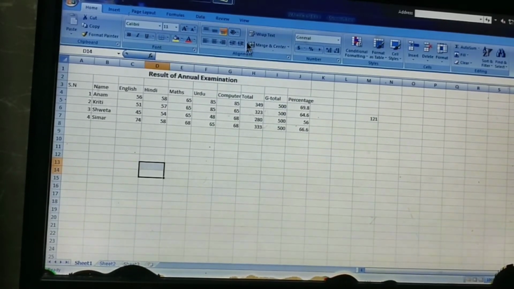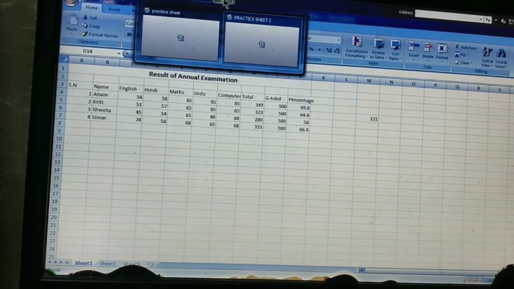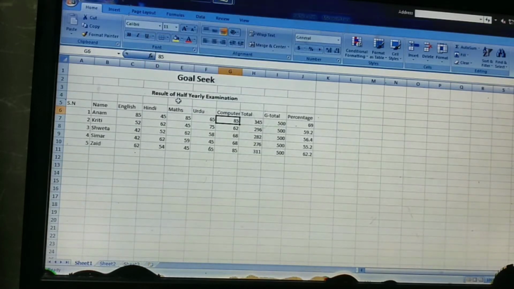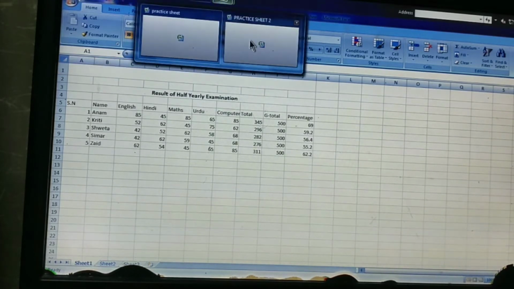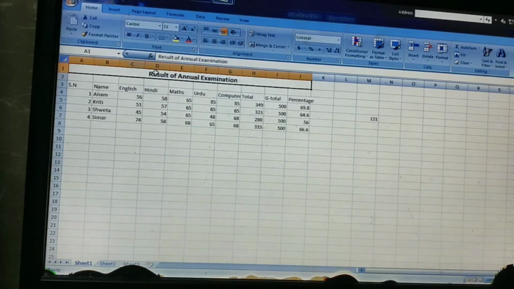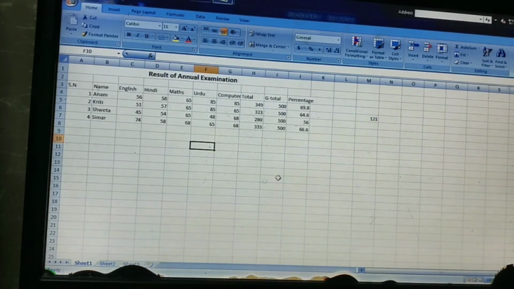As you can see, I have opened 2 files named practice sheet and practice sheet 2. On practice sheet I have given the marks of half yearly, and on practice sheet 2 the marks of annual. If you want to combine these 2 marks, how will you perform this action?